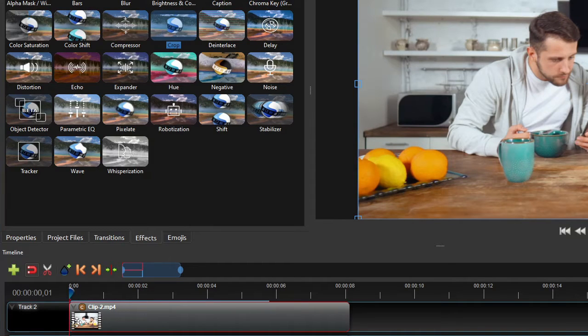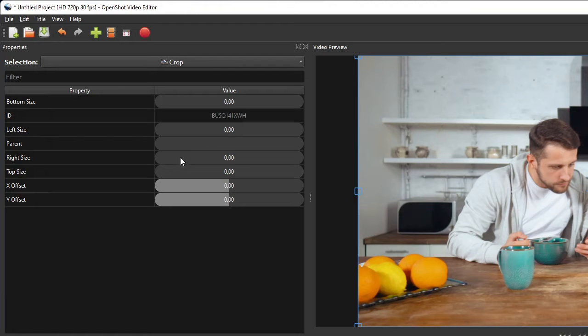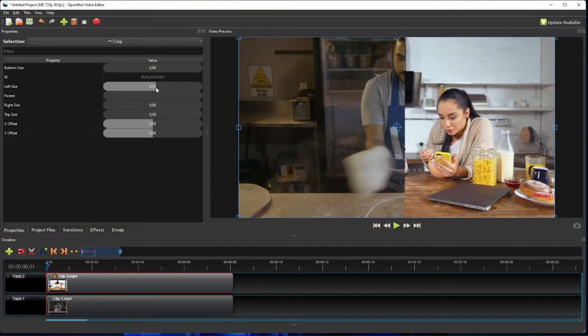Now make sure the playhead is placed at the start of clip 2. If it isn't yet, click the previous key point button to move it to the start of the clip. Then click the crop effect icon to show its properties. On the crop effect properties panel, click and drag the left size property value bar to adjust the amount of cropping to the left of the object of interest. As you can see on the video preview, the video clip 2 is cropped as I change the left size